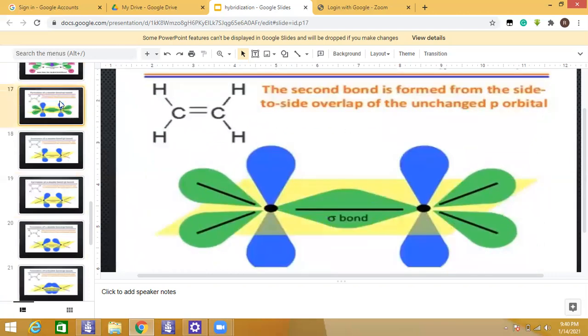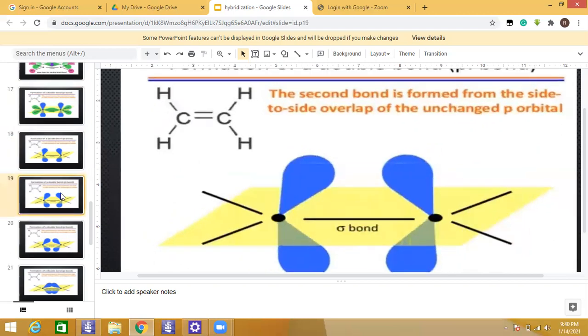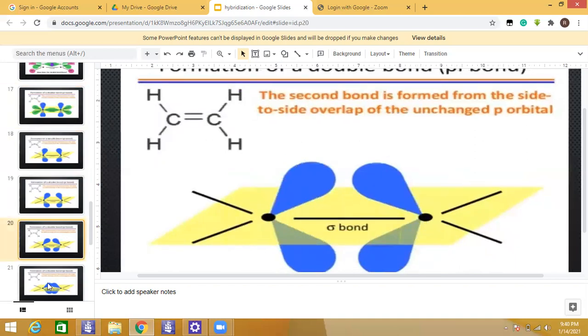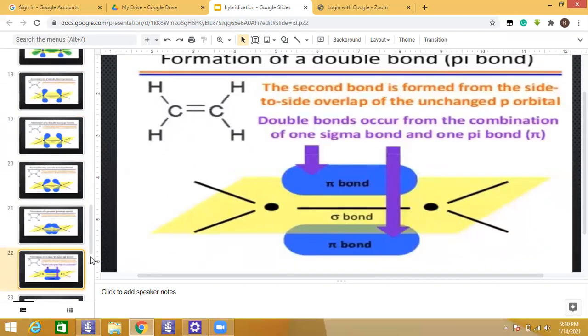What about this unhybridized pz? So the second bond which is going to be formed between the carbon atoms is from this unhybridized orbital, which are your pz. So they come closer to each other like this. They are coming closer to each other and making a sidewise overlap and make another type of bond, which is called your pi bond. So electron density is created over here. The second bond which is